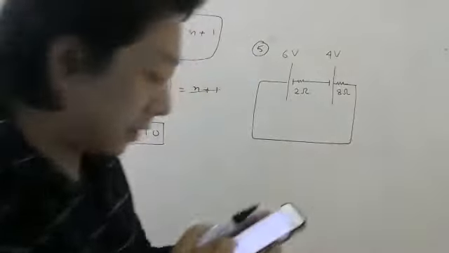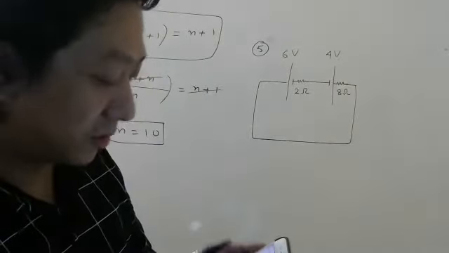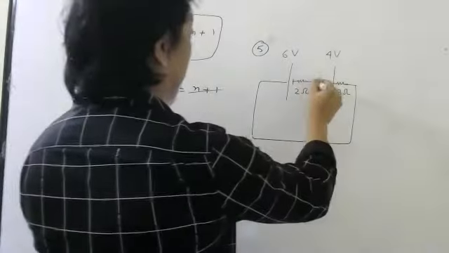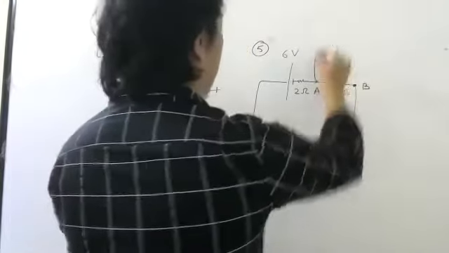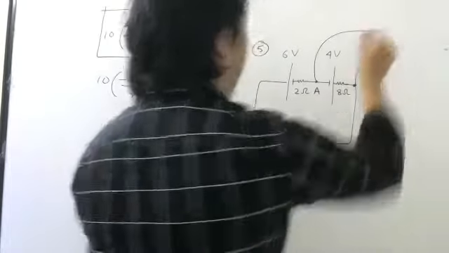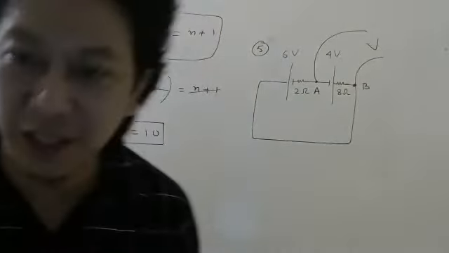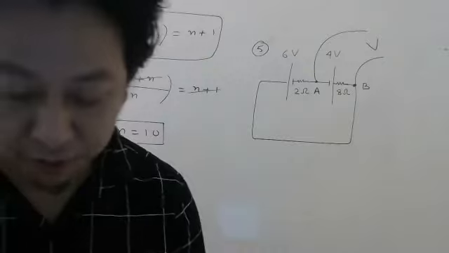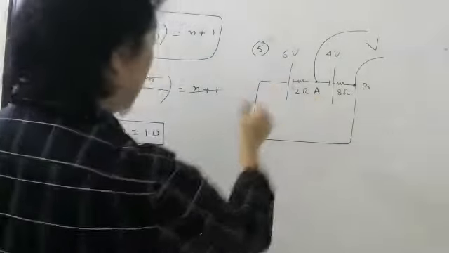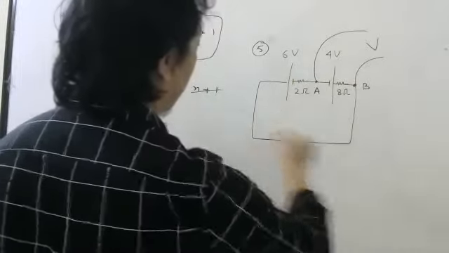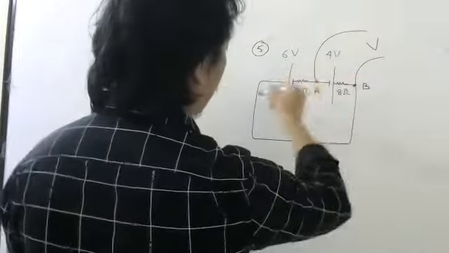They want to find the potential difference between A and B. A is here, B is here. So here they want the voltage, which is obviously terminal voltage, right? But first we have to find the direction of current. So tell me, current will flow this way in the circuit, first way or second way?